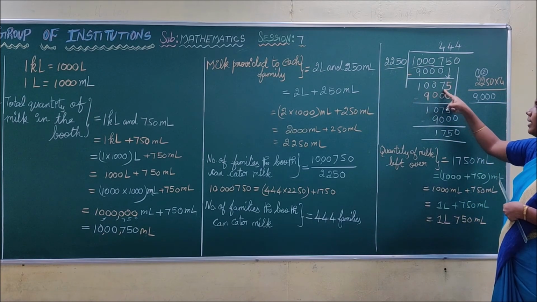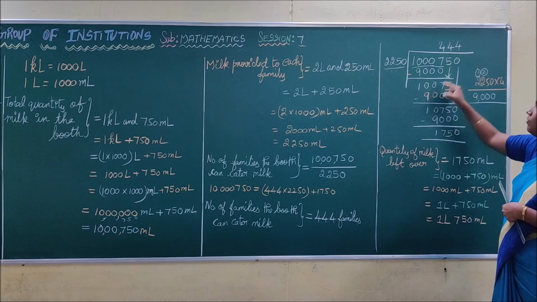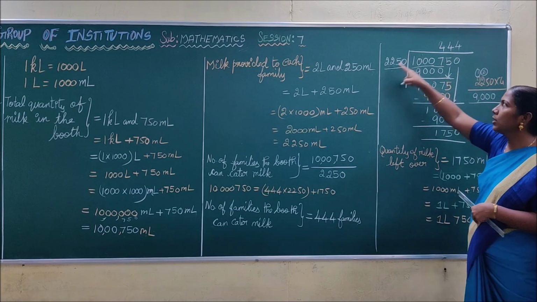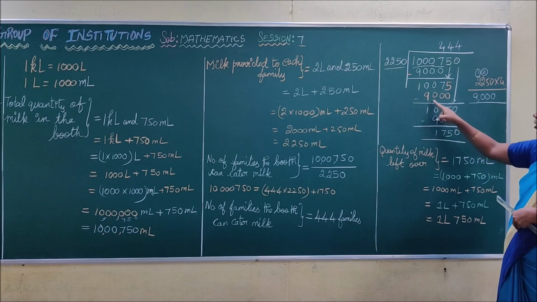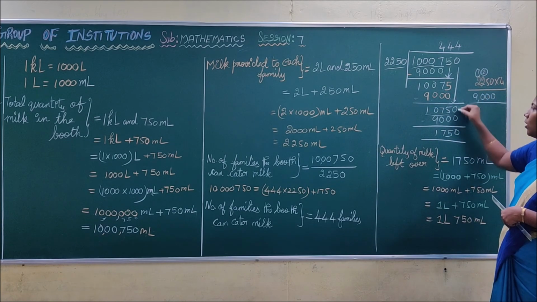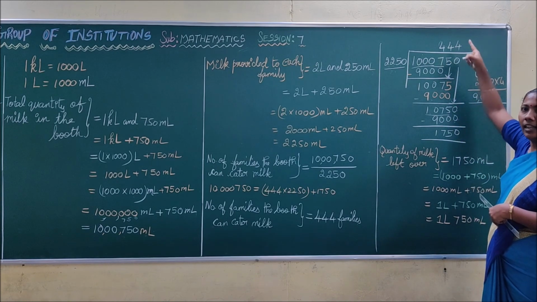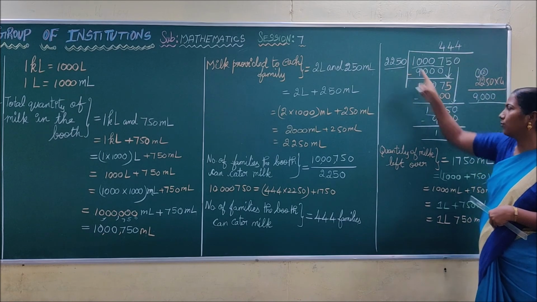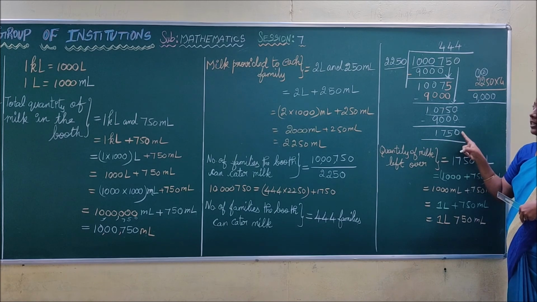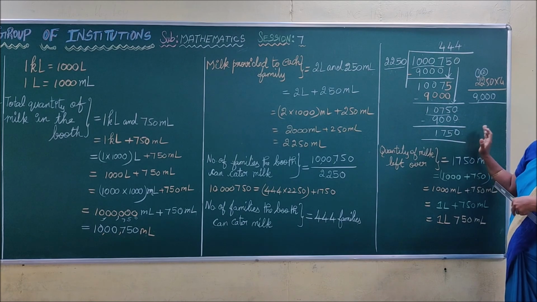By subtracting you get this value 1007. It is not enough. So you have to bring down the 5. Again we are using the 9000. It is the enough value. So again you are writing 4. 4 times 2250 is 9000. By subtracting you get 1075. Again it is not enough. So bring down 0. Again you are using the 4 times. This is the enough value. So we are writing again 4. Okay, 4 into 2250 we get 9000. By subtracting we get 1750. It is smaller than 2250. So you have to stop this division up to this.